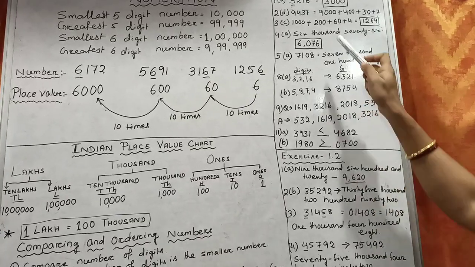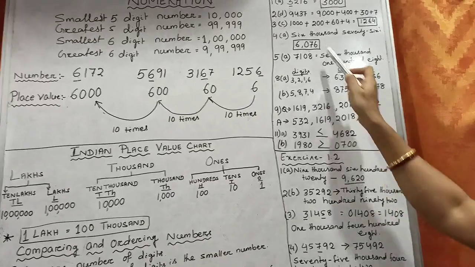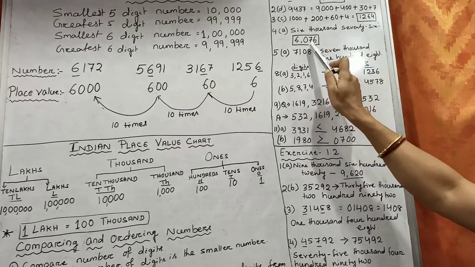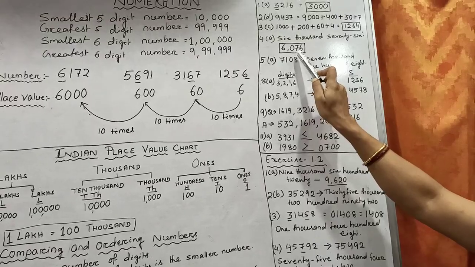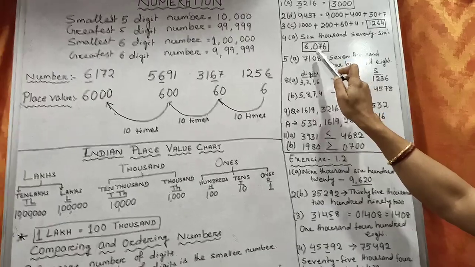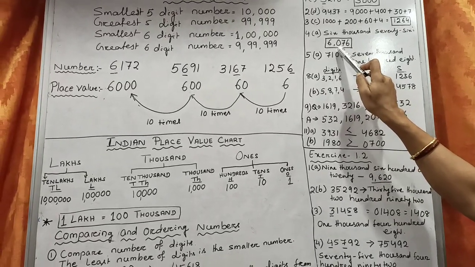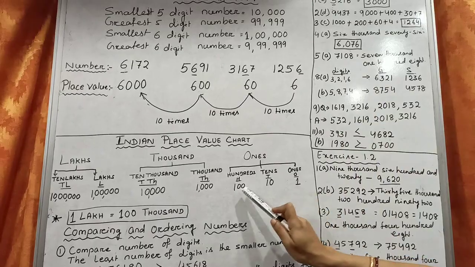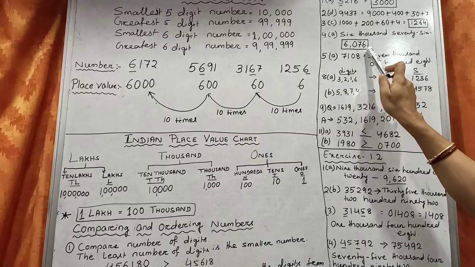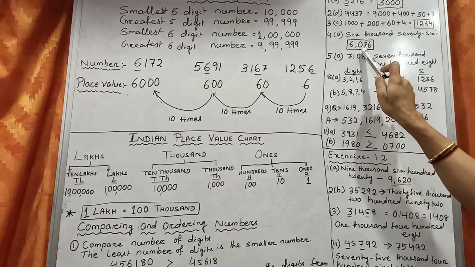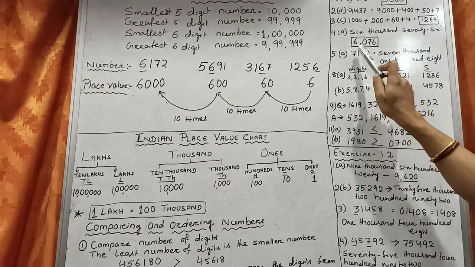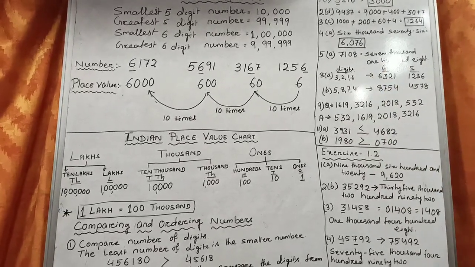Then question number 4 is write the numerals for the following number name. Here the number is 6076. 6 is in 1000 place, so I have written 6 here. Then 76. 76 is 2-digit number, that is written in tens place and unit place. But the 100 place there is no digit. You have to fill this digit because ones period must have 3-digit number. 100, 10 and 1. Here 2 digits are given. So you fill the 100 place by 0. The number is 6076.